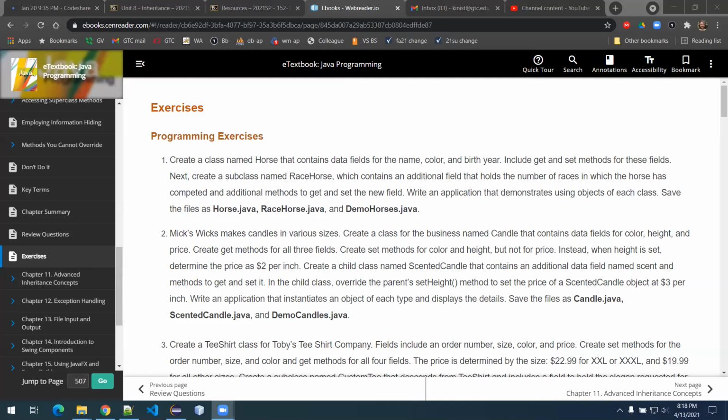It says, create a class named horse that contains data fields for name, color, and birth year. Include get and set methods for these fields. Next, create a subclass named racehorse, which contains an additional field that holds the number of races in which the horse has completed and additional methods to get and set the new field. Write an application that demonstrates using the objects of each class and save the files as listed here, horse, racehorse,